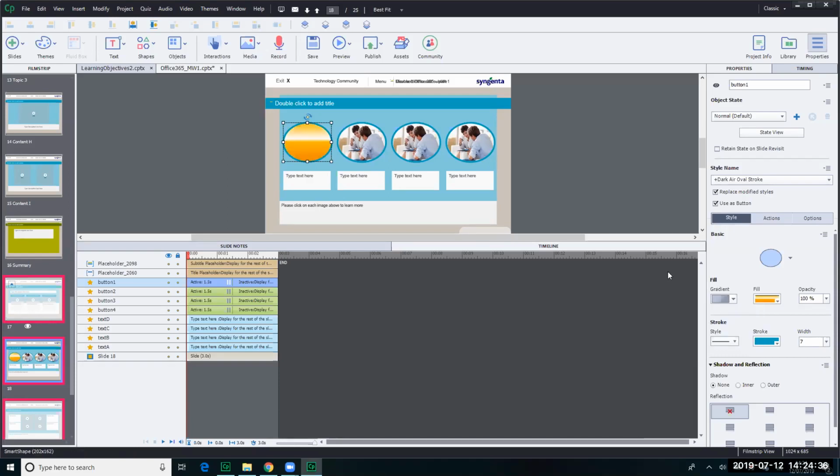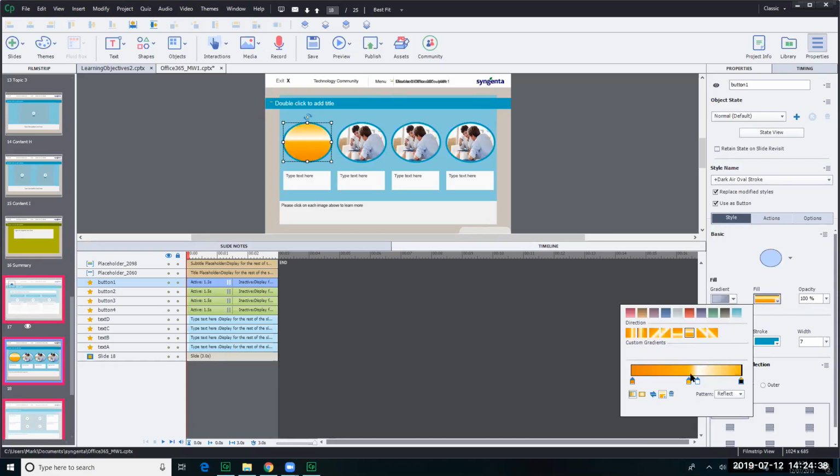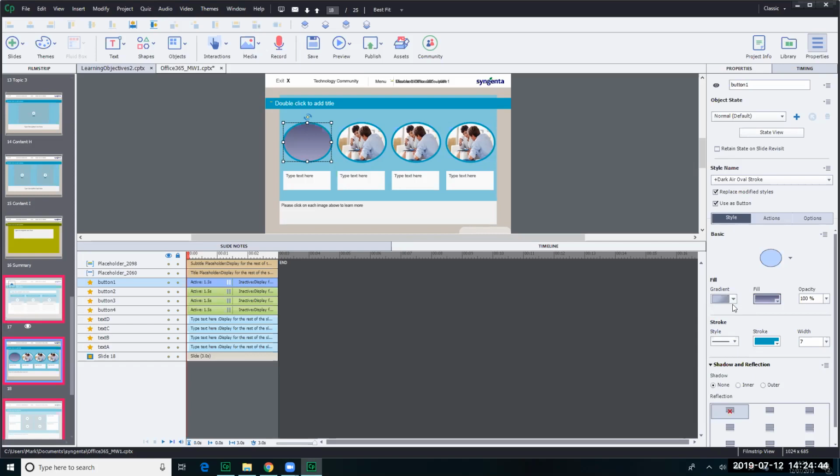The gradient, you can create all manner of different gradients or use one of their default gradients. So they're very versatile, but they're especially good for making these image buttons. So let's go over to this one. So switch this back to image fill. And if you want to, you can